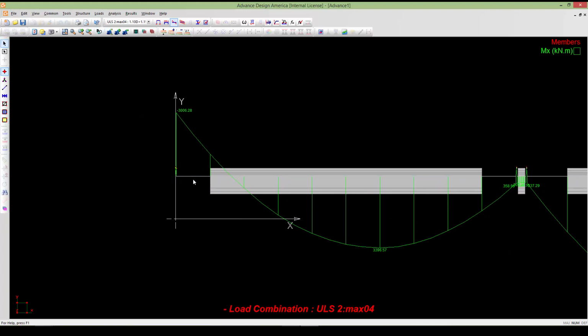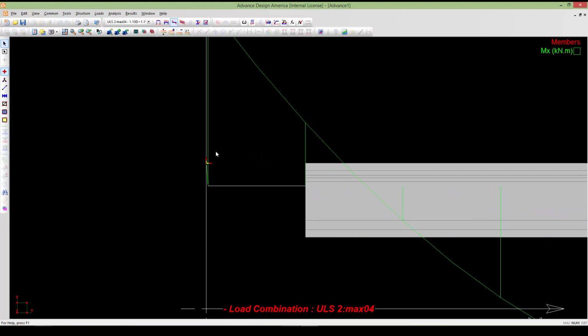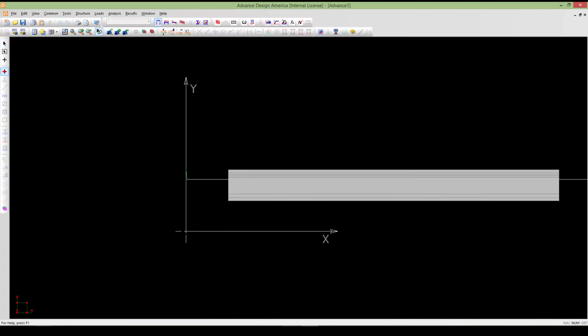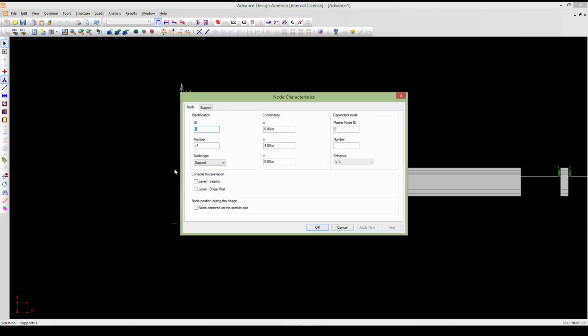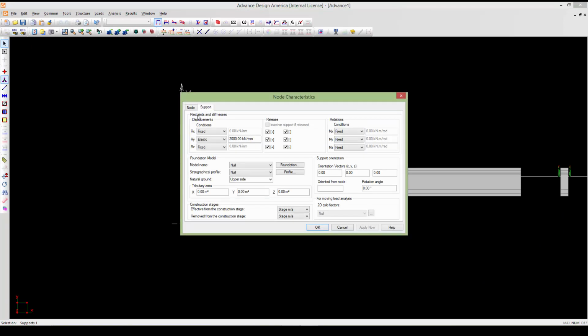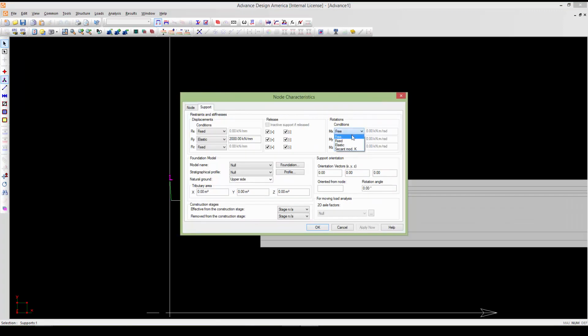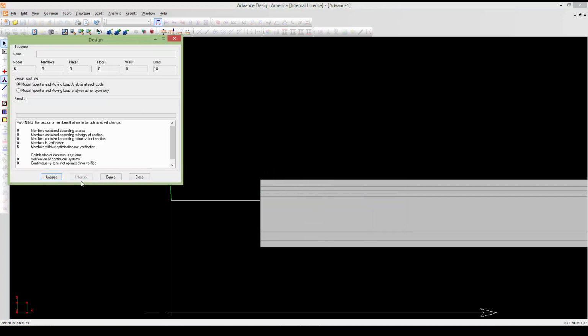So from the beginning, we should have released this support. So I'm going to do it right now. Go to structural mode, select the support, and we need to release, X fixed and Z here. Okay, so run the project, design,